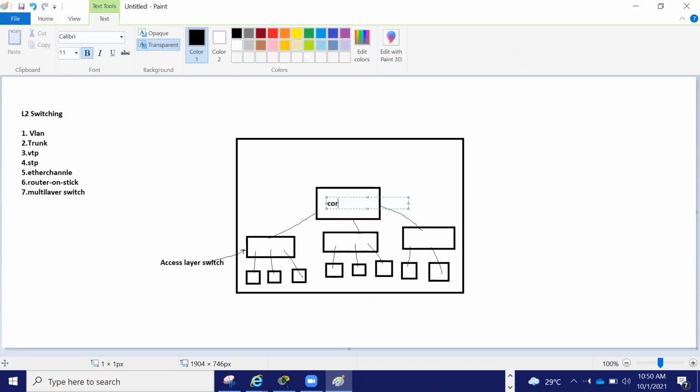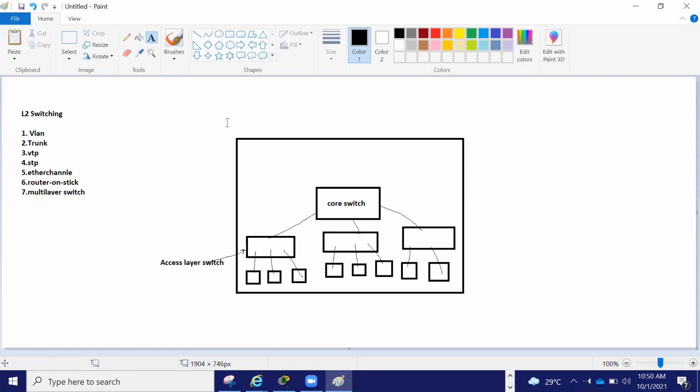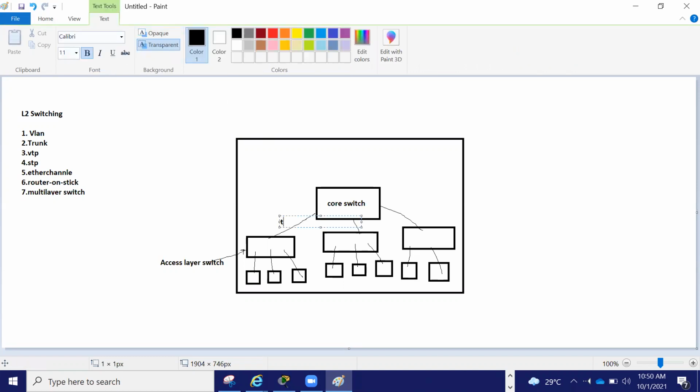Usually the core switch will be a layer 3 switch, which has routing capability and more capability. These access switches connect to core switches via trunk.